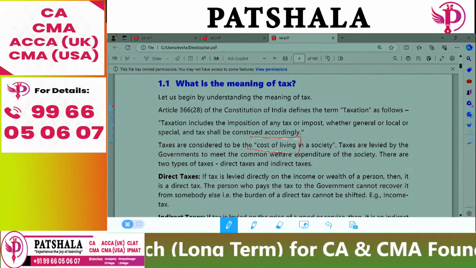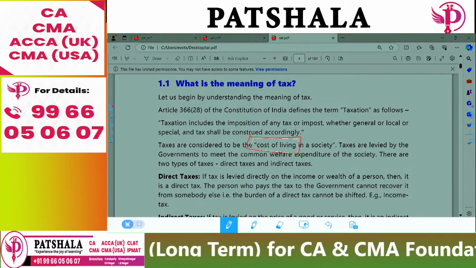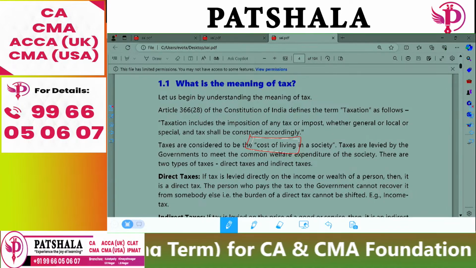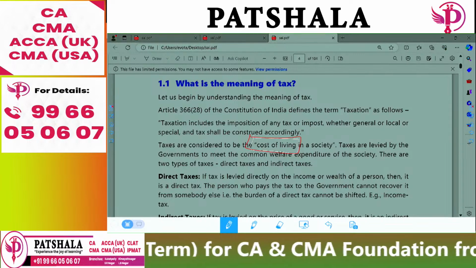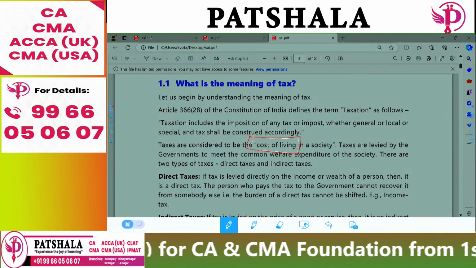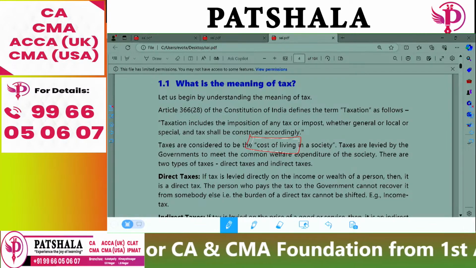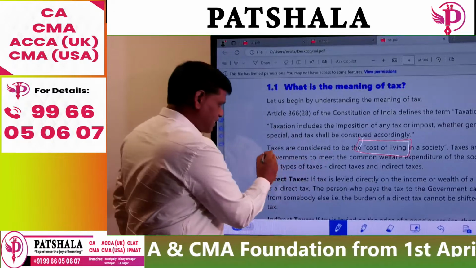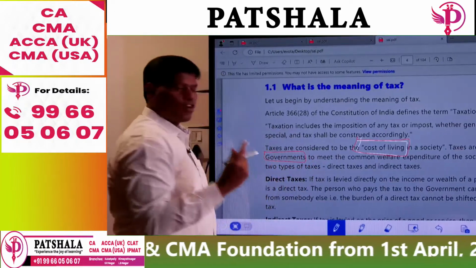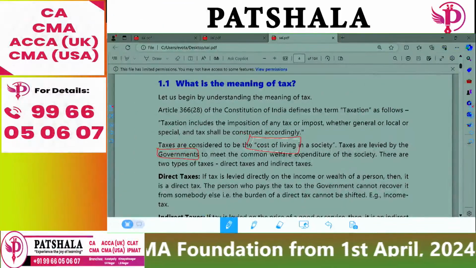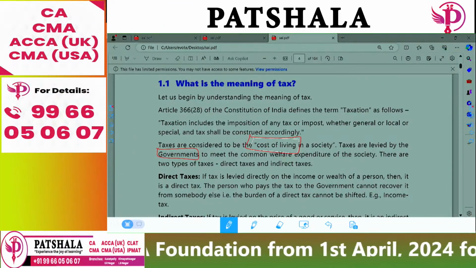So it is defined as cost of living in the society, and your contribution to the society, what you are doing, being a part of the society, what your contribution is nothing but your taxes. Okay, or it is generally said to be a revenue to the government. The taxes are levied by the governments. So who is going to levy this tax is the government. For what purpose will the government collect the taxes from us? Taxes from us for the purpose of